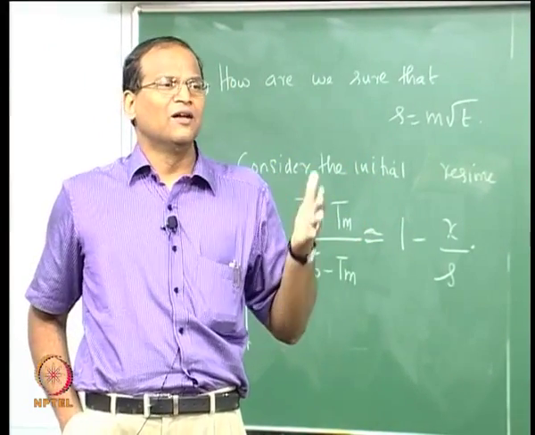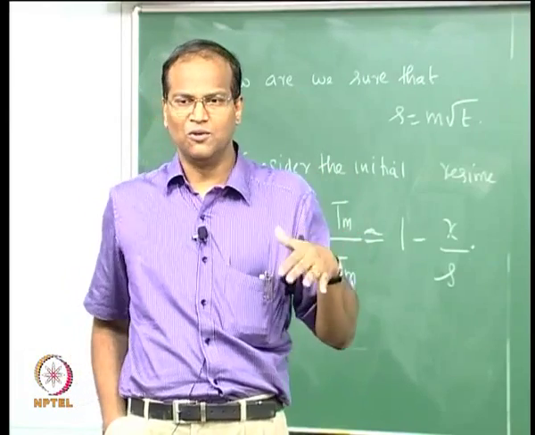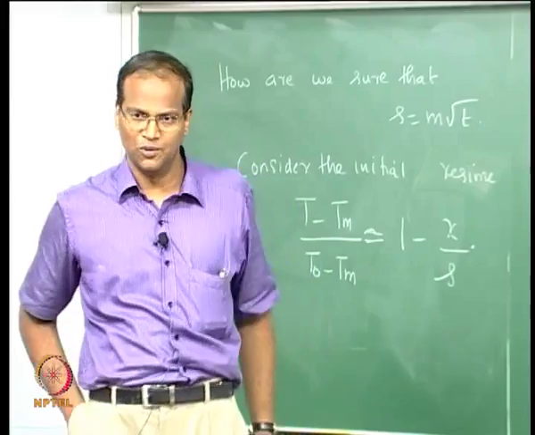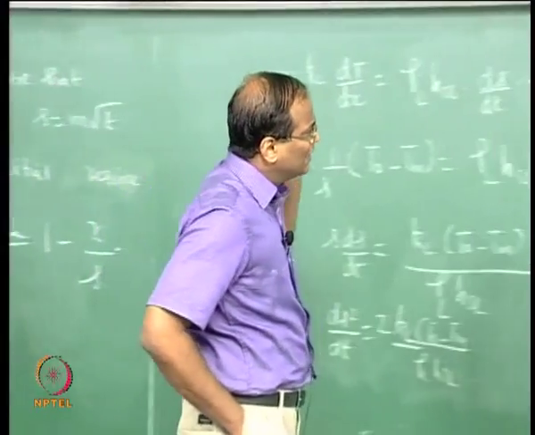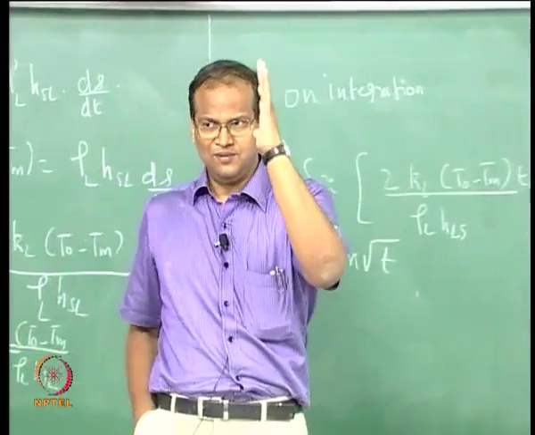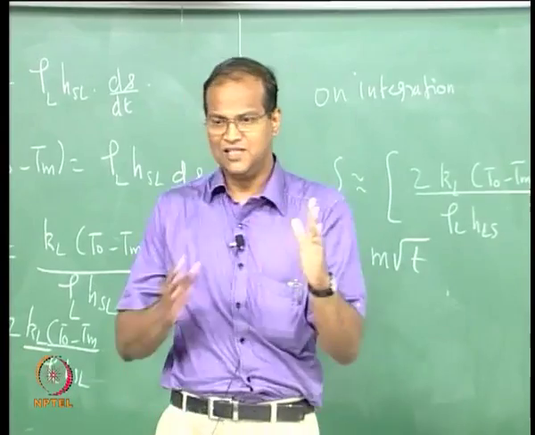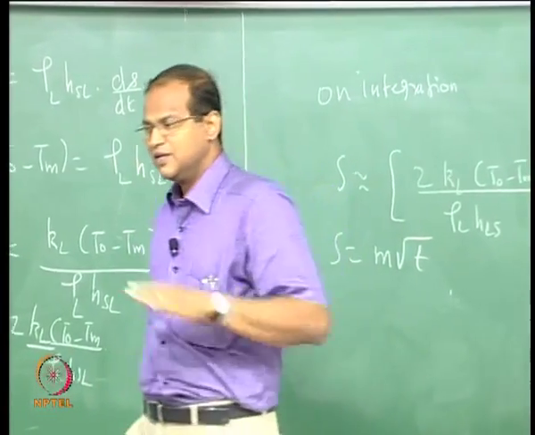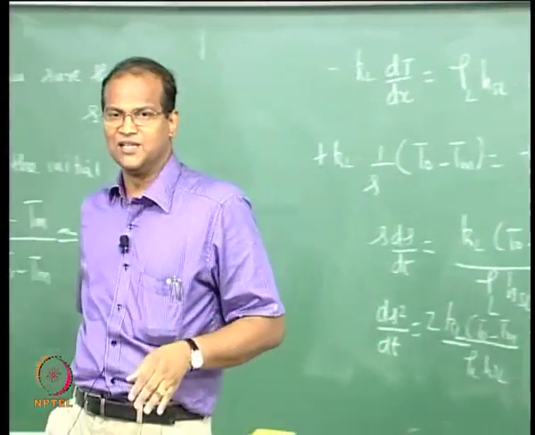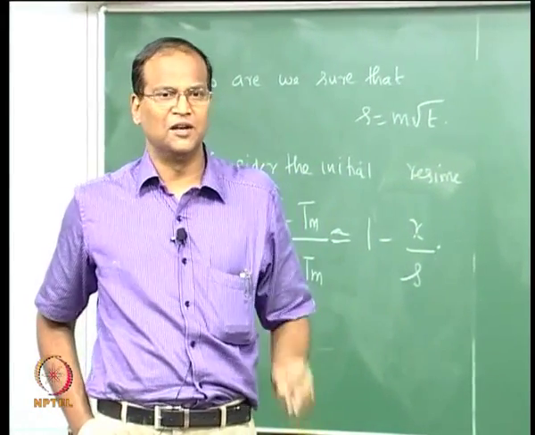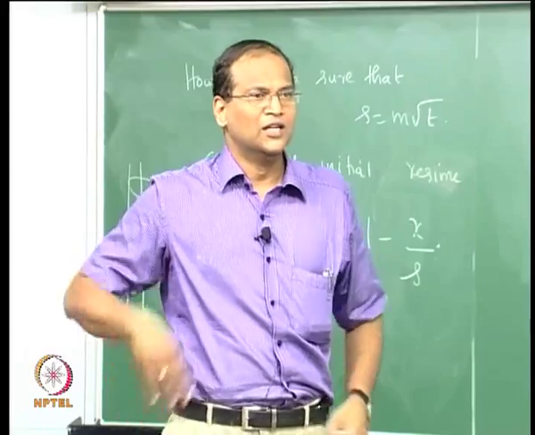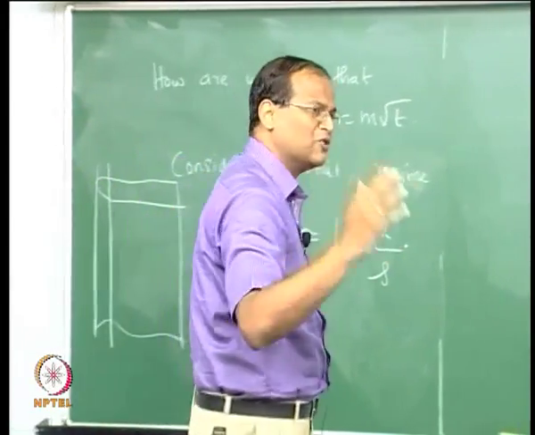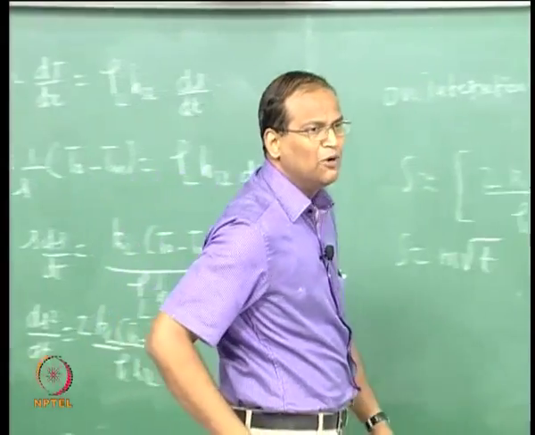Therefore, you have to say 1 by alpha dou T by dou tau is equal to dou square T by dou x square, both for the solid and the liquid, for the Neumann problem. Now we assume that the melt front is always like this. If this is the x direction, the melt front is proceeding vertically. This is far from the truth in many applications where there may be natural convection, 2-dimensional effects and so on. The melt front may be at an angle to the x. So invariably melting will be 2-dimensional.